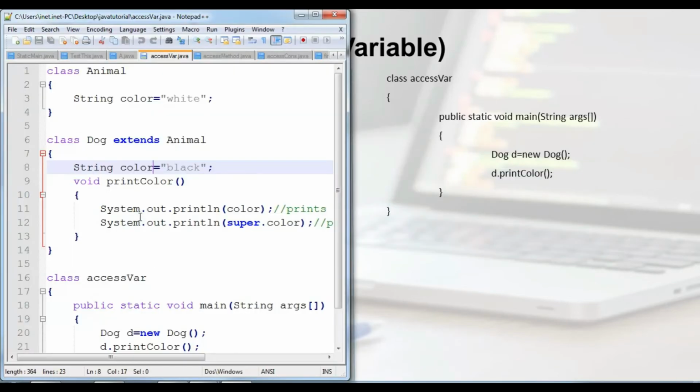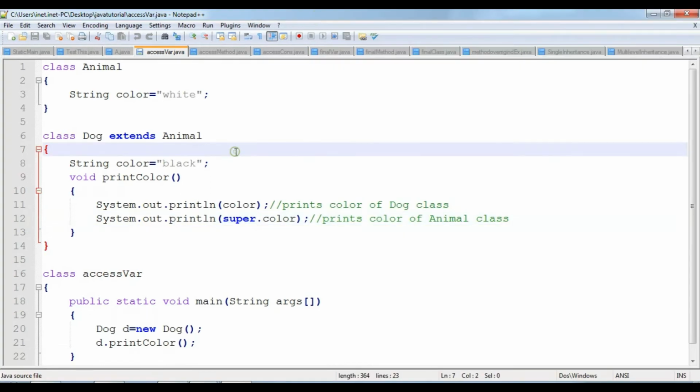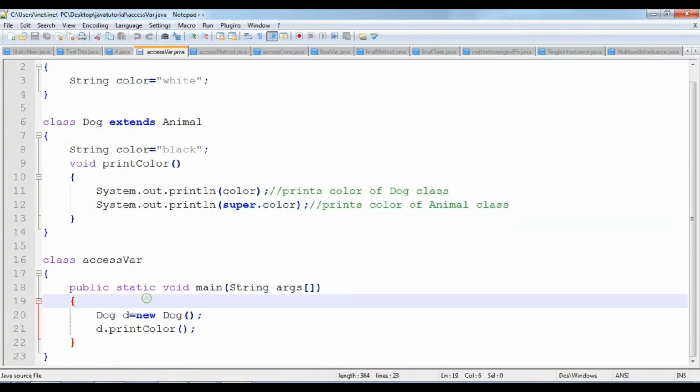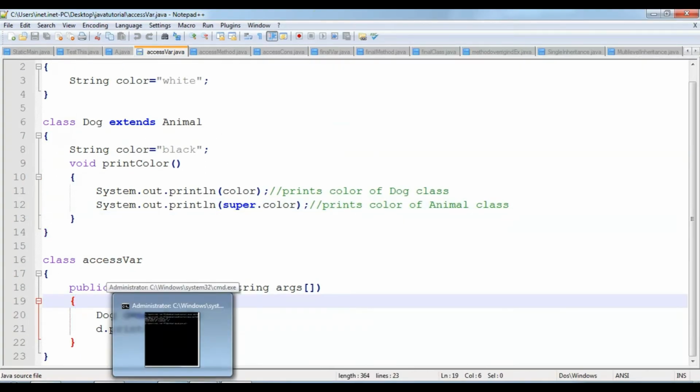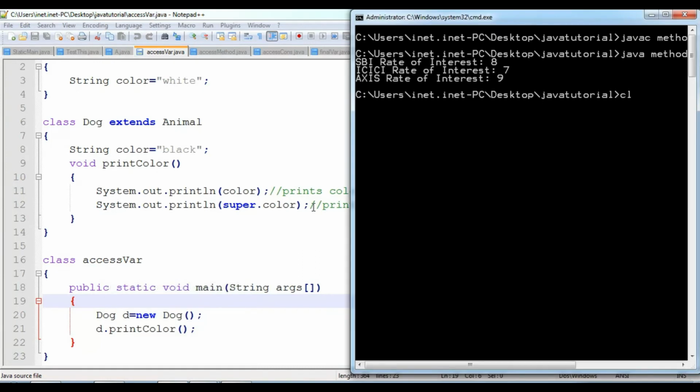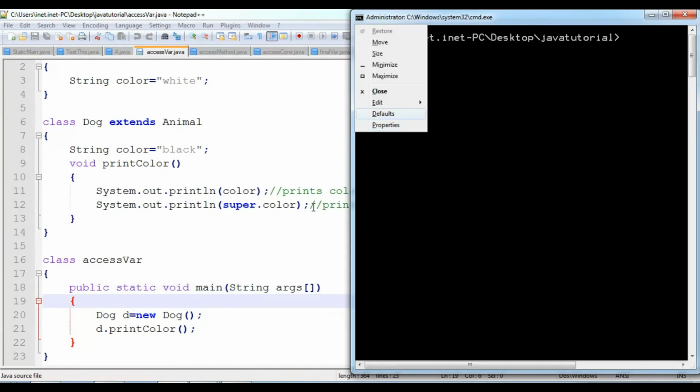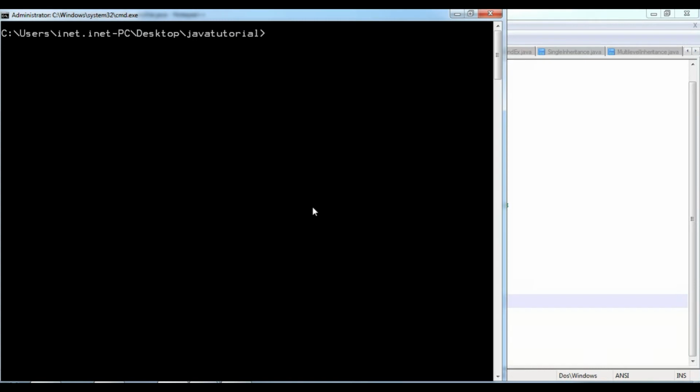This is the same example that I have explained to you. Let's compile this file and run this file. The name of the file is AccessVariable. javac AccessVariable.java, and now to run this file, java and the name of the class which has the main method.